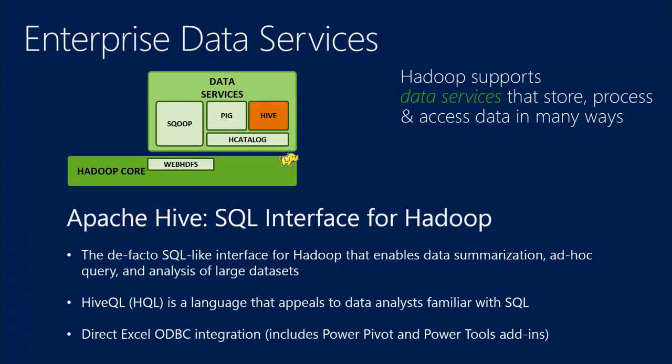So we talked about data movement. We talked about the core. Now let's talk about, as a user, as an analyst, as a developer, how do you actually write queries, maybe not at the MapReduce level. With a platform, there are different levels. There's MapReduce and Hadoop core, which is the base processing. You can write custom code. And then on top of it, there's a bunch of data services, the main ones being Hive and Pig.